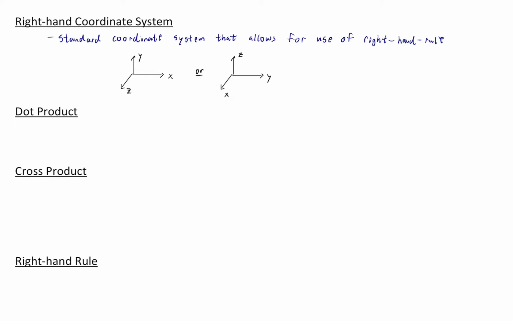People do prefer this one sometimes because it has left, right for y, back and forth for x, and then up and down for z, which kind of makes sense, right? Whereas here we're almost saying that y is up and down and z is back and forth, okay? But this one is a little weird because we have y pointing off to the right, where typically in a 2D coordinate system, we're used to having it like this, right? And that's what's nice about